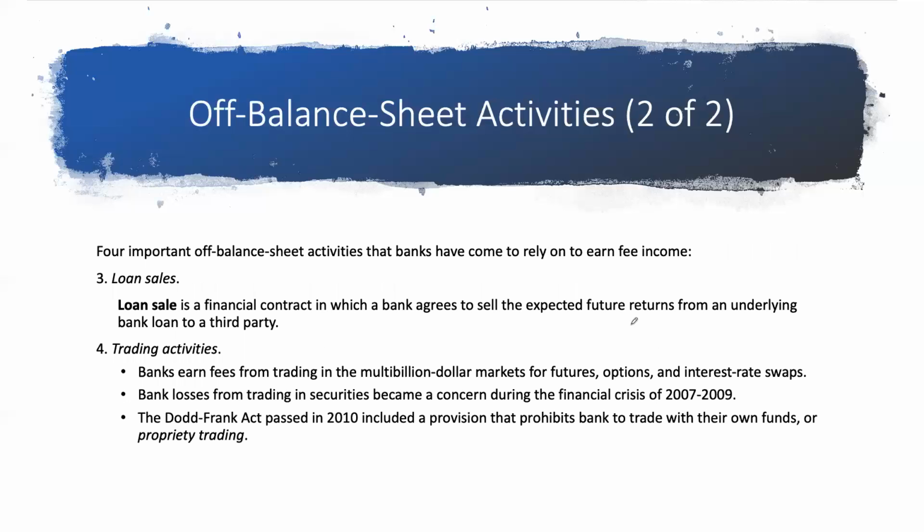Trading activities. So now most commercial banks have trading arms, so they generate a lot of profits by facilitating trades on the stock market. So they might have investment advisory firms, they might manage retirement accounts, they might do a whole bunch of other things. But one thing which used to be a very problematic feature of all of this was this practice which was known as proprietary trading. So with proprietary trading,